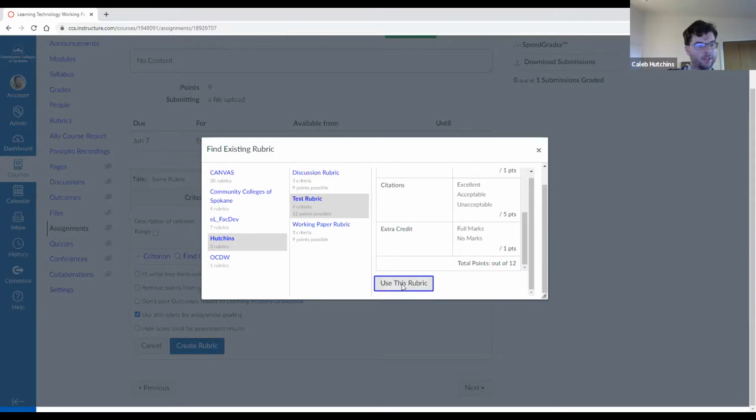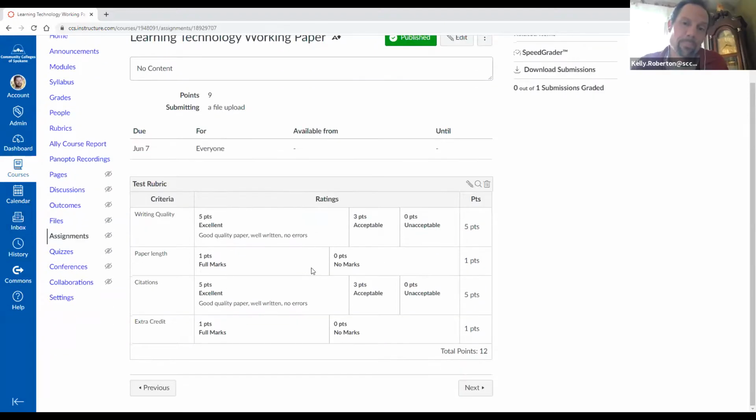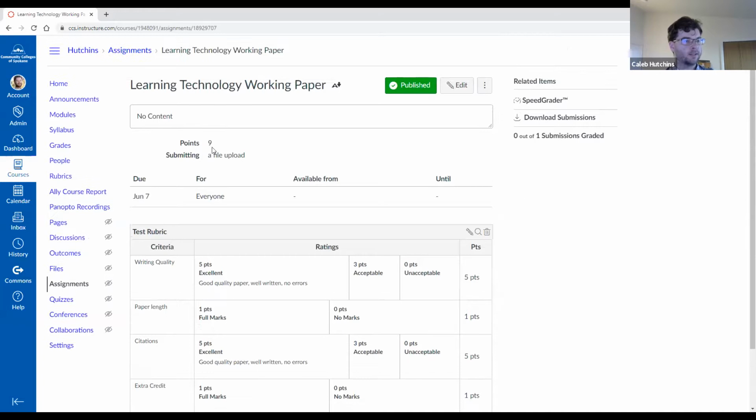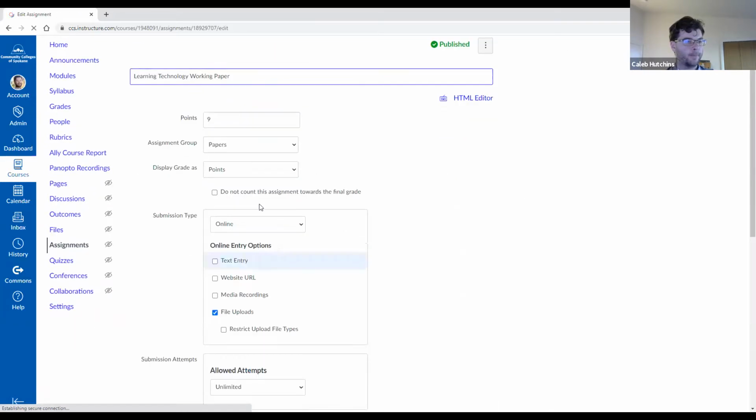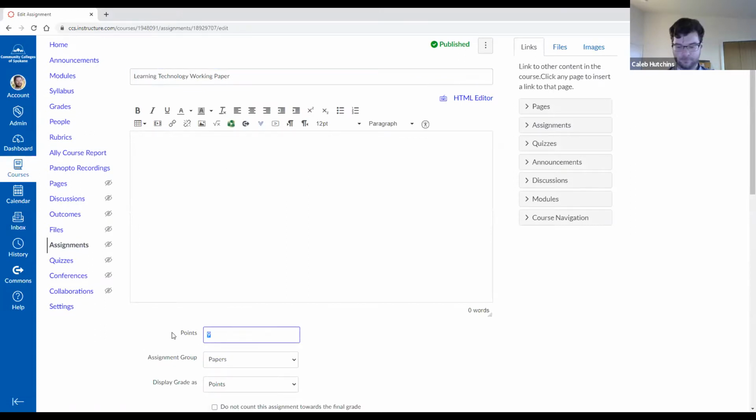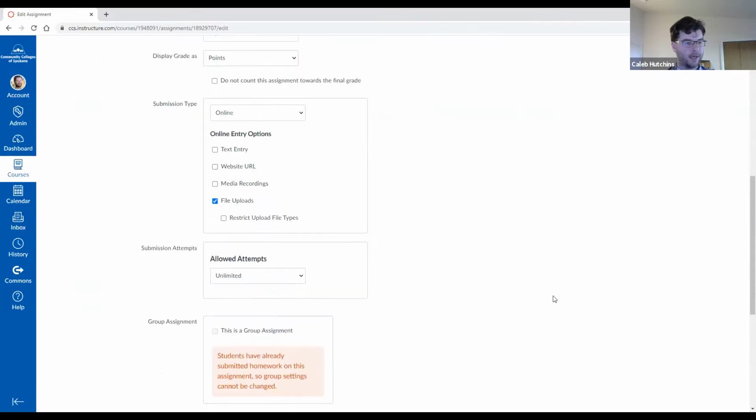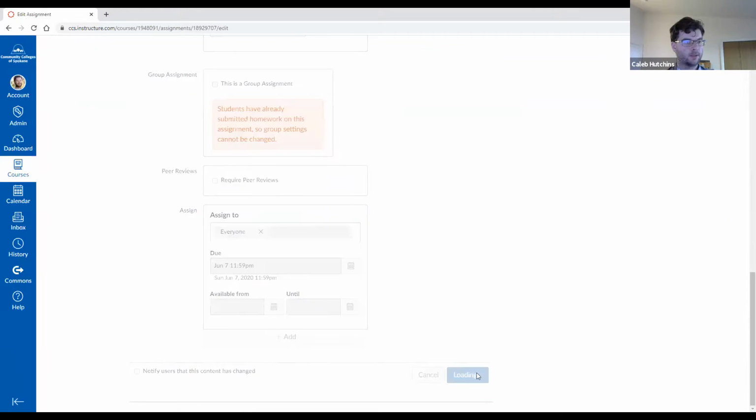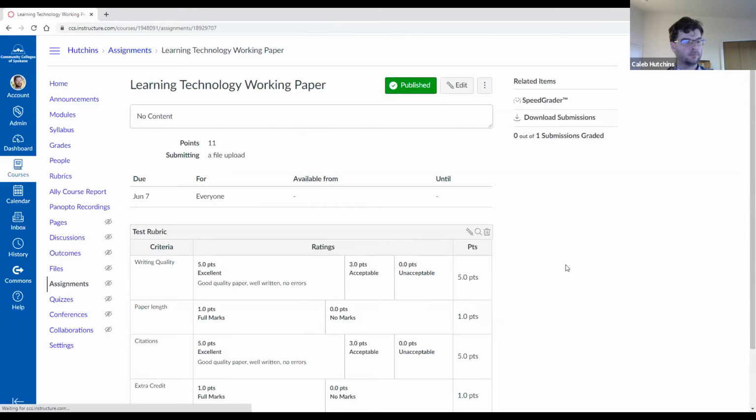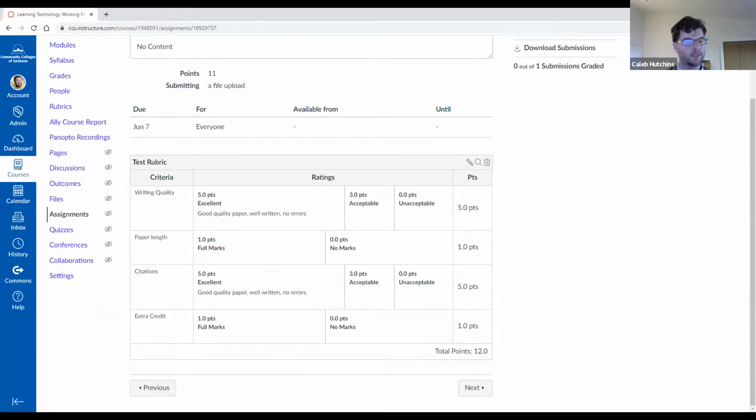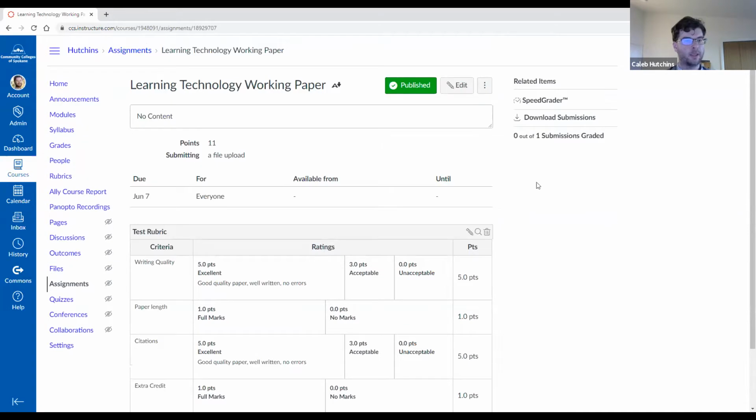Thank you. So we're going to use that test rubric. The rubric is worth 12 points. The assignment is worth 9. Let's edit that to be worth 11. Let's see how that extra credit works for us. Okay, so we have an assignment worth 11 points, a rubric that goes up to 12 points, and I already have a student test assignment in here. So if I go into SpeedGrader,